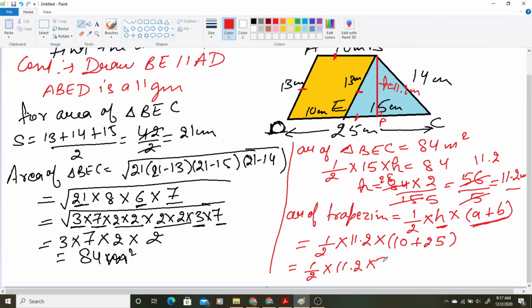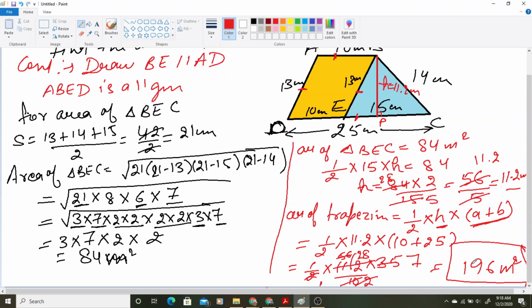So that means half into 11.2 multiplied by 35. So I will take this decimal out, it will be 10 here, 5 2 ja 10, 5 7 ja 35, 2 5 ja 10, 2 6 ja 12, then 2 से फिर से cancel, 2 2 ja 4, 2 8 ja 16, 28 into 7 we are getting. So 7 8 ja 56, 7 2 ja 14, 196. 196 meter square we are getting the area of the trapezium that we required. जो हमारे पास स्टार्टिंग में ये वाली फिगर थी ना कुछ इस तरह की. So the area we are getting is 196 meter square.